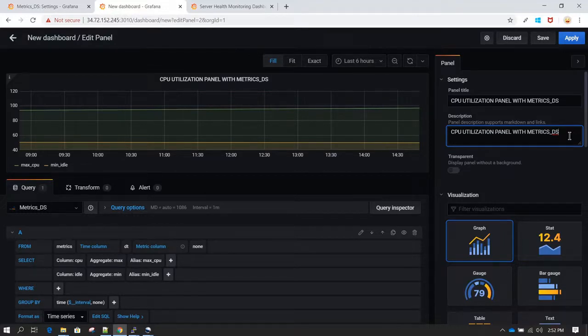It is a good approach to define a description for each of the panels, so your user can understand the purpose of each of the panels. In this case, let me make it CPU utilization using custom script. Okay, so that's all. Once I hover over here,